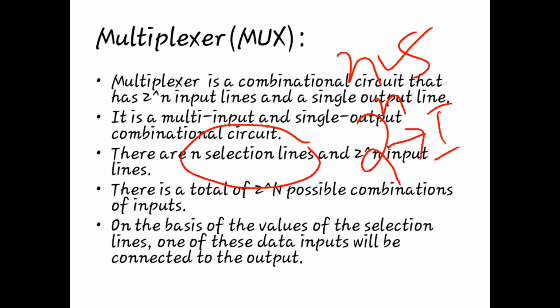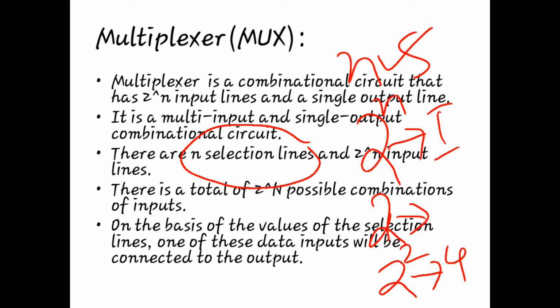For example, if there are 2 selection lines, then we will have 2 raised to power 2 input lines. That is, the total will be 4. So depending upon the selection, the data input will be connected to the output. So just remember again,